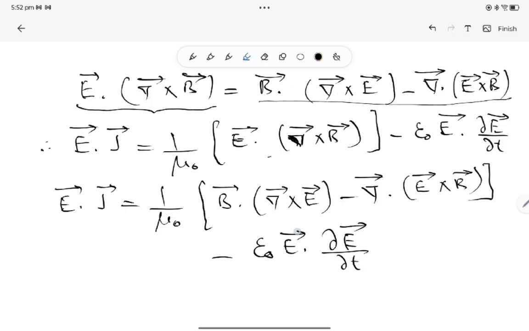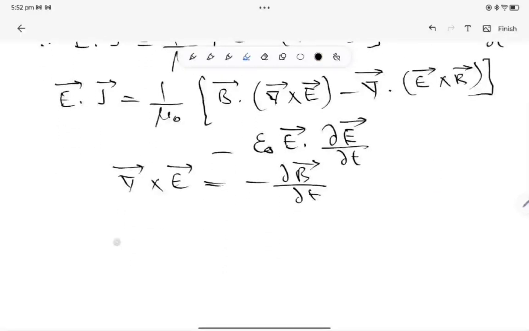Next step, we use Faraday's law for del cross E. According to Faraday's law, del cross E is equal to minus dB by dt, Maxwell's third equation, del B by del t. Substituting that in place of this, we get E dot J